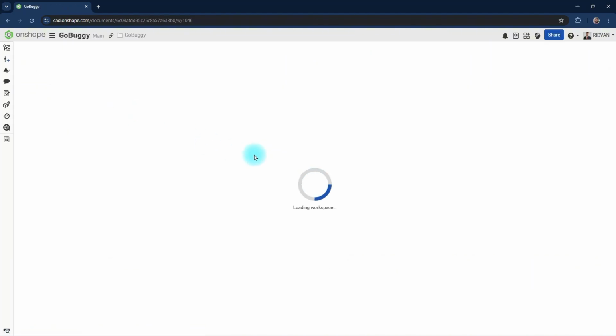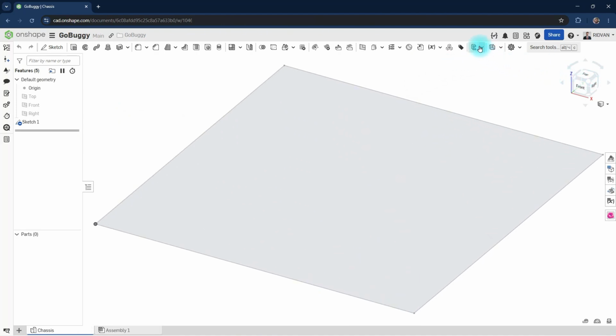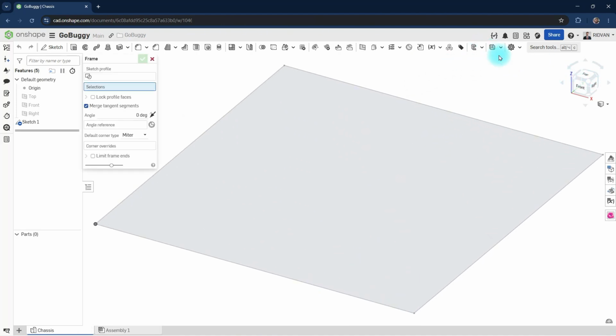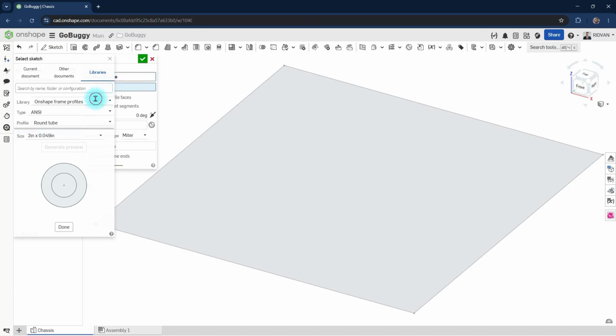Next, I open a chassis model to validate the Custom Frame Profile Library. From the Part Studio toolbar, I launch the Frame Feature tool. I select the Sketch Profile field. Then, in the Libraries tab, two library options are now available: the Custom Frame Profile Library and the default